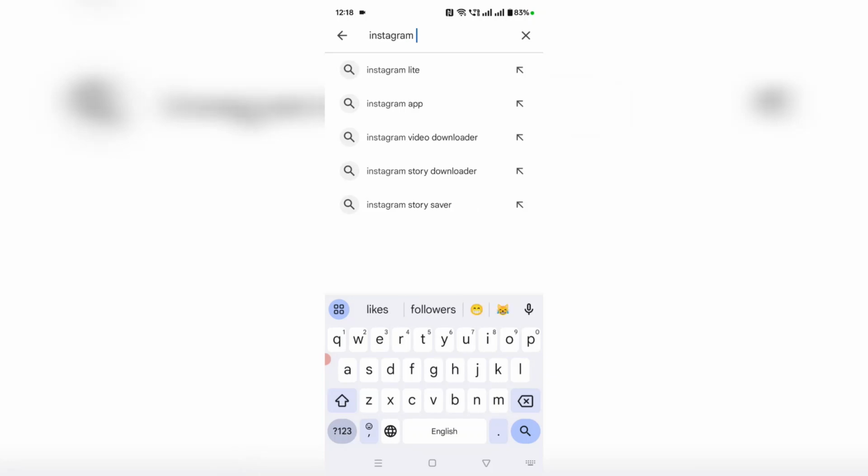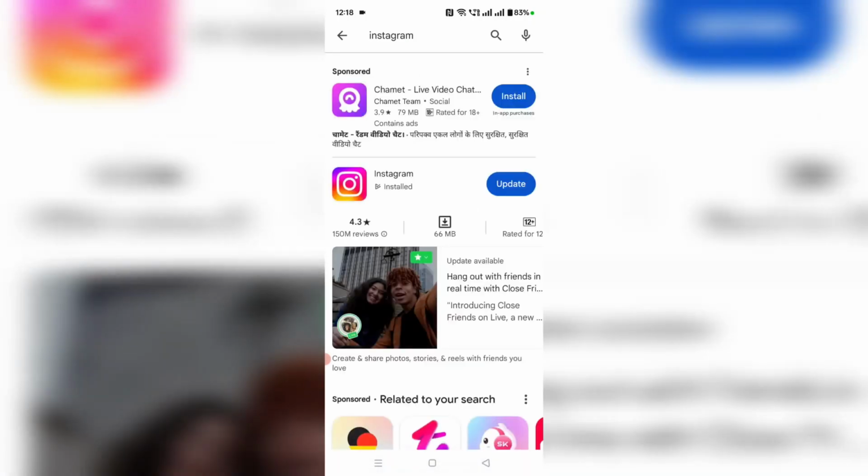Once you type Instagram application, you can search for it. Once you search for the Instagram application, here it will show Instagram, and here you can also see that it's already been installed. Okay, so now I want to update the Instagram application. So next to that, here you can see the option called update. Click on the update button. So once I press on the update option,